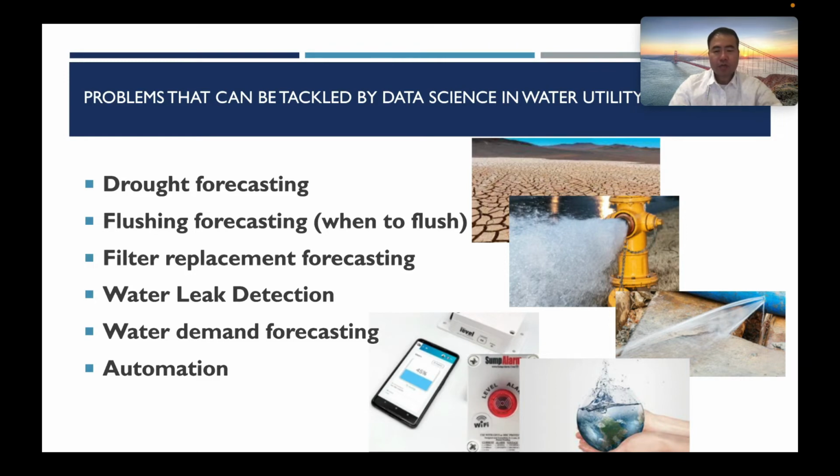Water leak detection is also a big part of the water supply. When we are leaking water, that means we are leaking money. So we need to detect a water leak as soon as possible, before it gets too big. The model can detect a water leak based on the pressure SCADA data, and I'm also working on this.